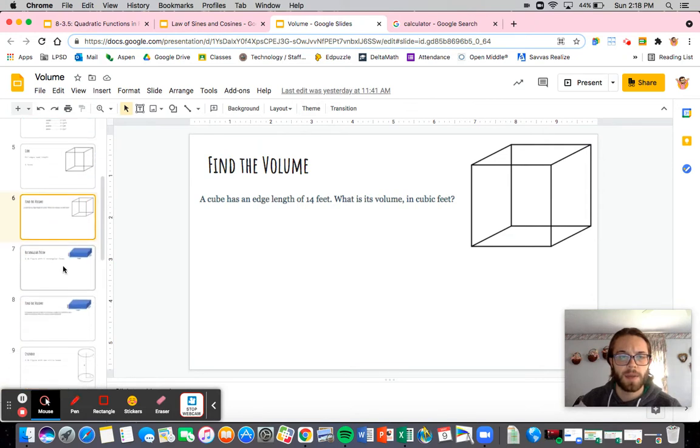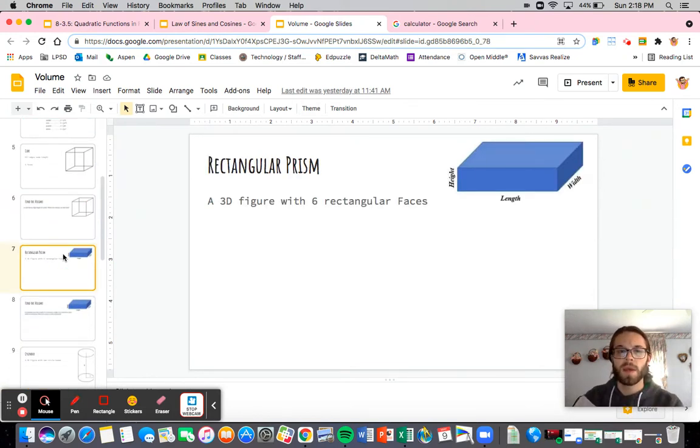Now, our next shape is going to be a rectangular prism. As opposed to the cube, where there are 6 faces and they all are squares, now we have 6 faces and they're all rectangles. Some of them could be a square, but in particular, they are all going to be rectangles now. Sorry, they do not all need to be the same rectangle. So obviously you're going to have sets of 2. This one and the one back here are going to be the same, and then this one and this one are going to be the same, and the top and the bottom,